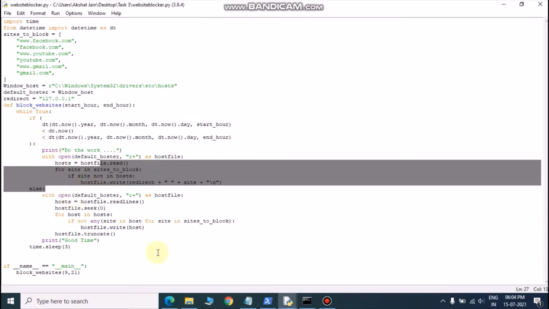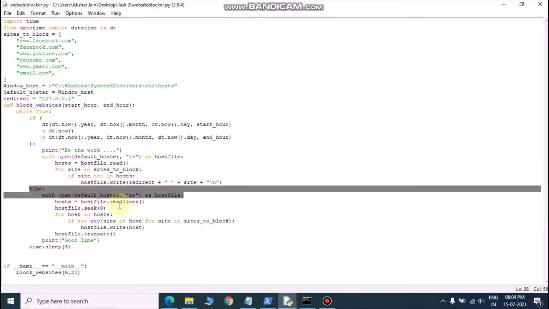So now I want to access them again. Then after 9 p.m. I can access them again, because after 9 p.m. the else part will run and it will read again and will remove these files.